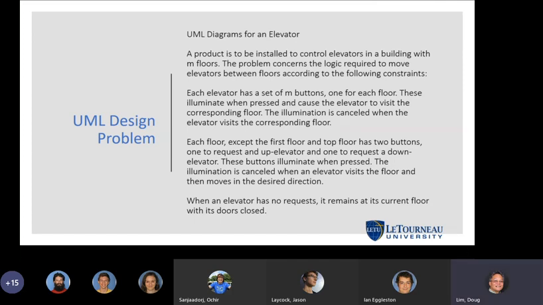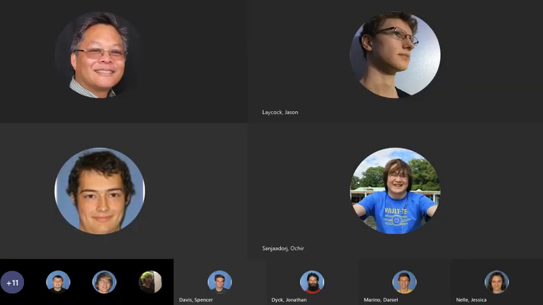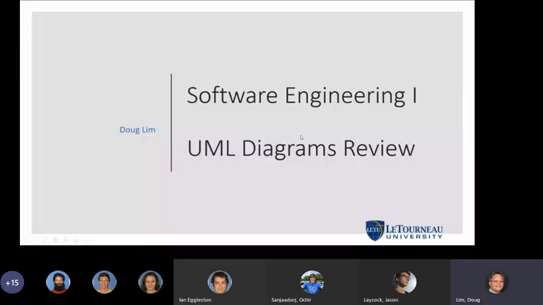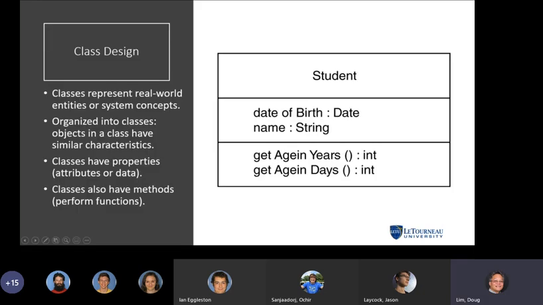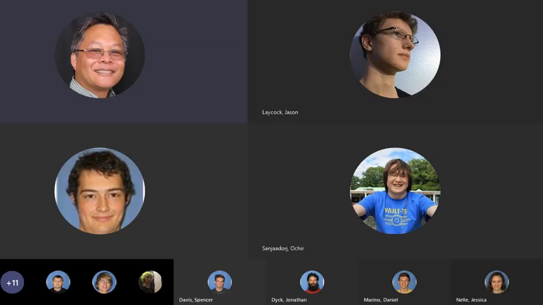So bear with me, I'm showing my next one. It should say UML diagrams review. Let me know if that is not what you're seeing. Oh, no, that's the review. Let's see. Now that I have it shared, it's the wrong set of slides.